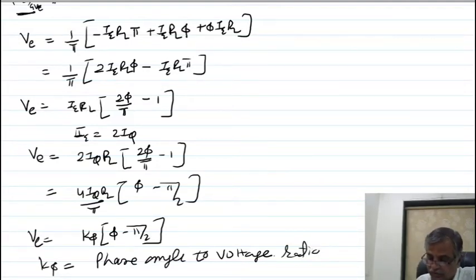So this equation shows that the error voltage is proportional to phi. So both the problems are overcome. In the balanced modulator circuit, both the problems are overcome, because the output does not depend upon the input signal, the output is proportional to phi. You can plot a graph of output voltage versus phase angle, and it is linear.